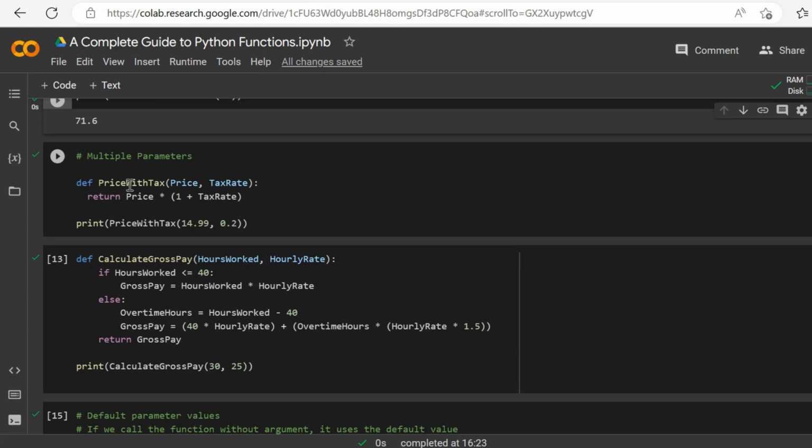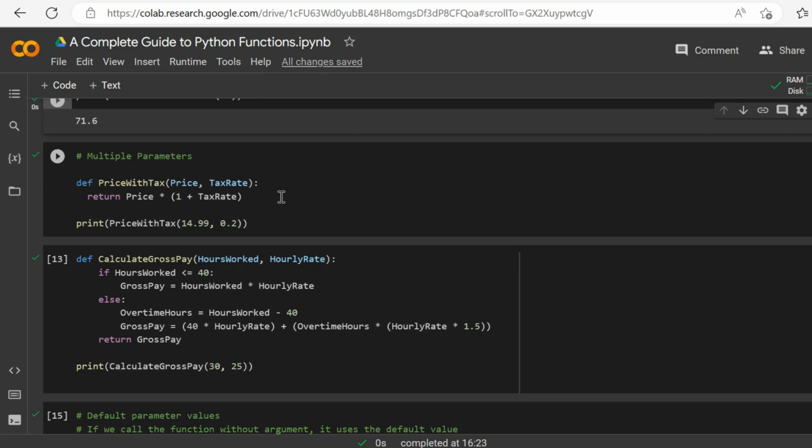We define our function, which is just called price with tax, but maybe we want to specify a different tax rate, or the user has to input a different tax rate depending where we are. So instead of inputting one argument, we simply input two arguments separated by a comma. That's price and tax rate. We have our colon, and then we will automatically get an indented line for that actual function block. And then again, we just need to specify what we want to do. So we're going to want to return the price that we specify, so user input,